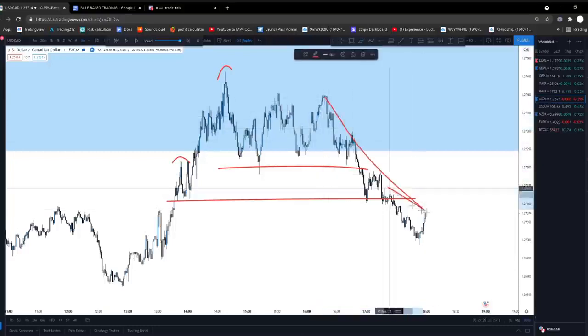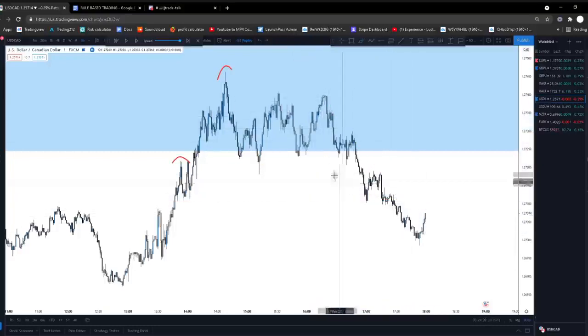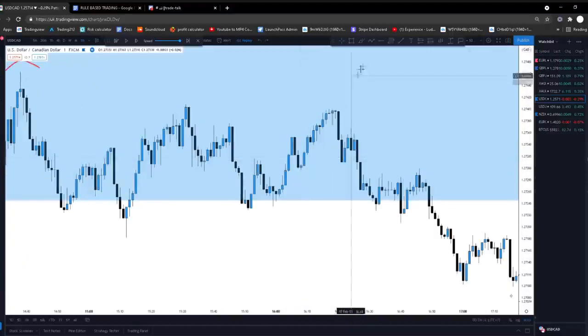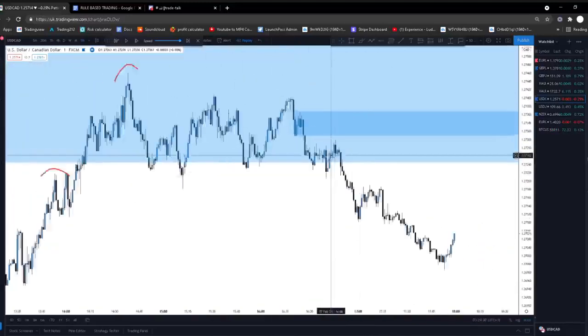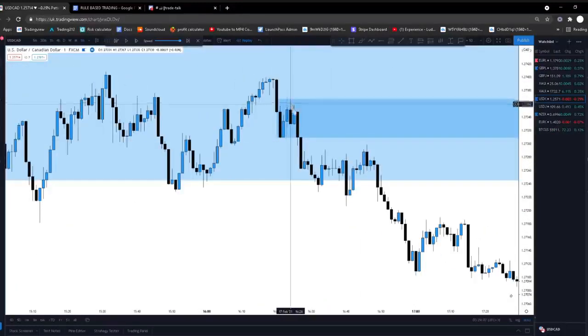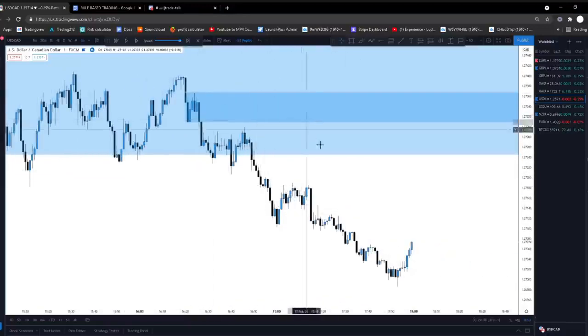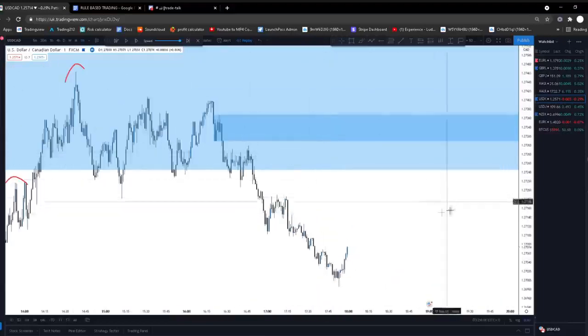So the market drops off, right, and what does it leave behind? It leaves behind this area of supply. So if I just show you, we make it extend to the right, you'll notice it left behind this perfect supply zone. The market could then come back to mitigate the buys opened here, and then it could continue dropping further. So that's what we look for.